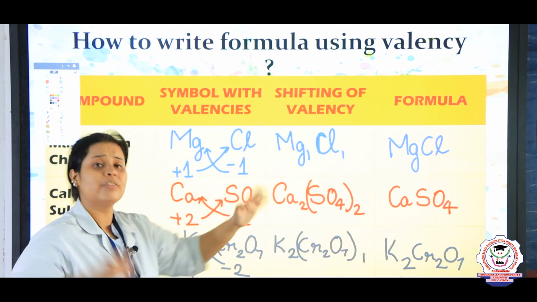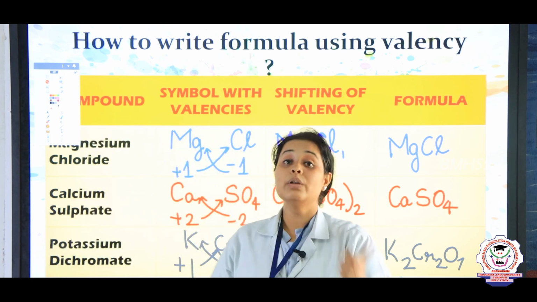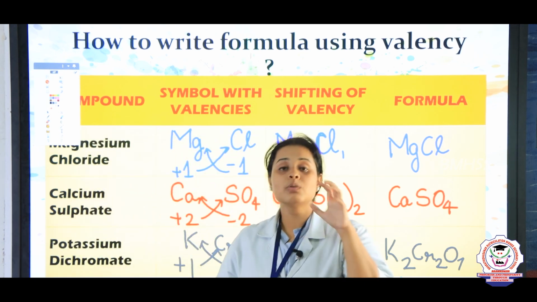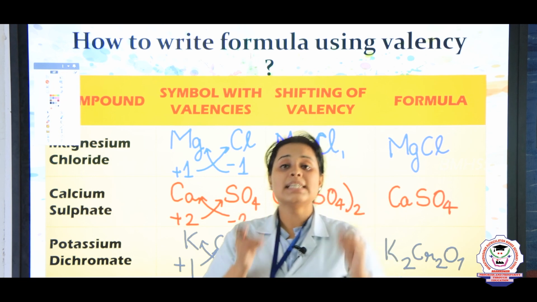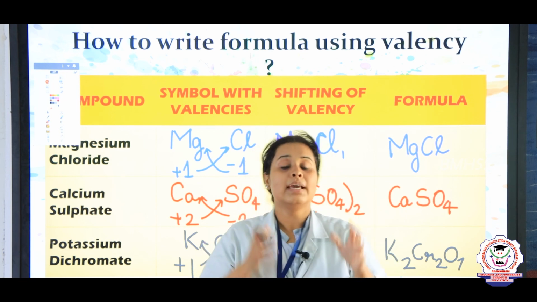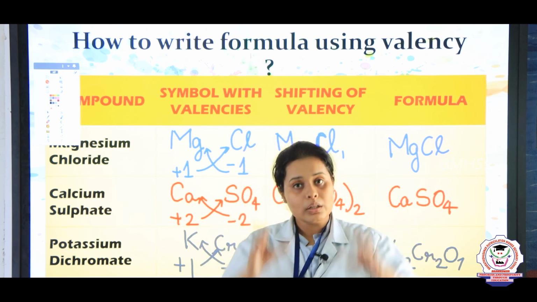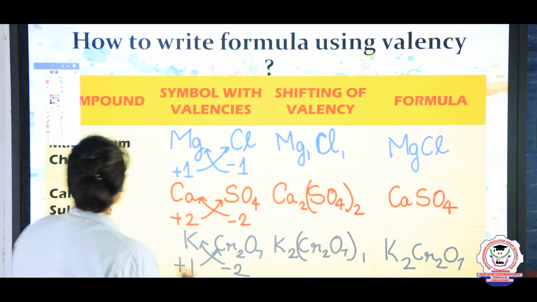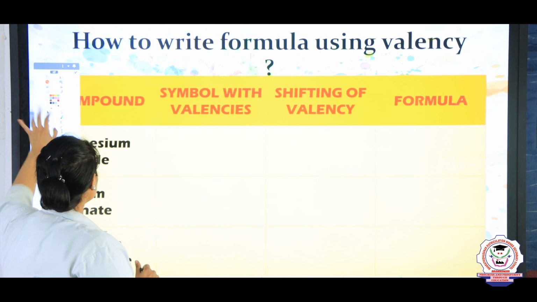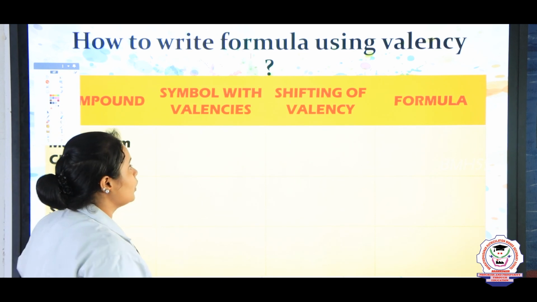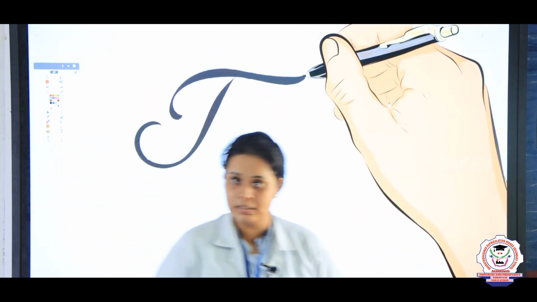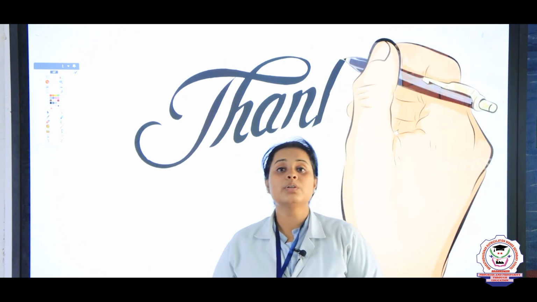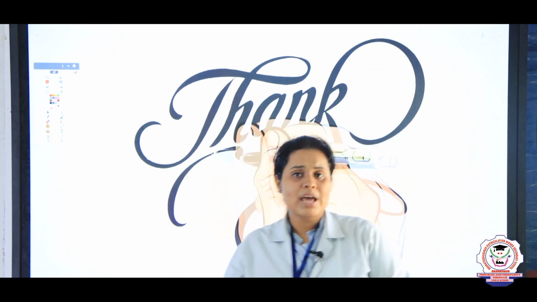Same way, for different elements you can do this only if you know the valency. So children, go to the textbook, page number 34. On page 34 all the types of valency which I have shown you here are given. Once you know how to find the formulas, it will be very easy for you to understand the lesson. In the next session we are going to discuss the different kinds of valency and how to use them.